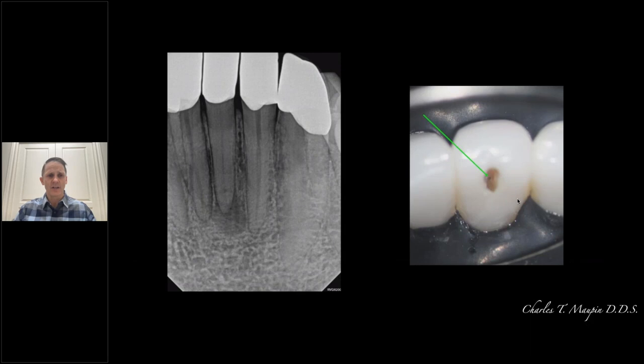So again, as Chris said, if any questions arise, feel free to ask as we go. This was the emergency case. Emergency cases can always throw us off. So one of the most stressful things I think in our profession is being able to accommodate those patients, not throwing our schedule off.